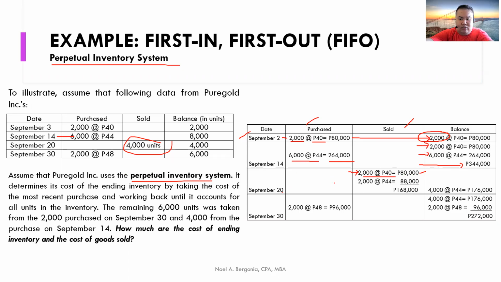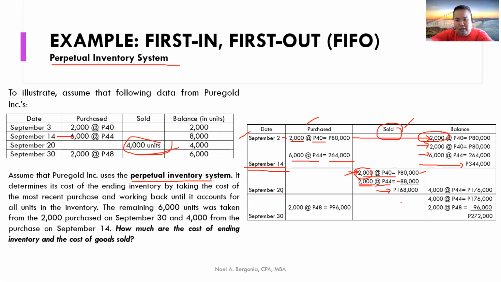And then, since 2,000 pa lang yun nanggaling sa September 2 purchase, the remaining 2,000 out of the 4,000 na nabenta came from naman the September 14 purchase. Kaya nandito, you have 2,000 units at 44. Again, kaya 2,000 kasi 4,000 yung binenta, yung 2,000 nang galing kanina sa September 2, so the remaining will come from the September 14 purchases at 44 pesos. So that will be 88,000. And then, pag inadd natin, so the amount of goods sold natin for September 20 is